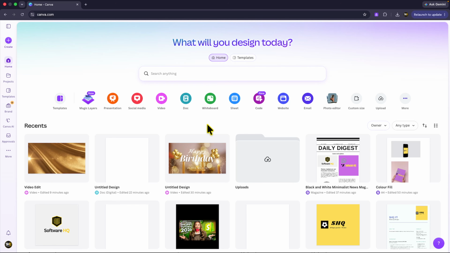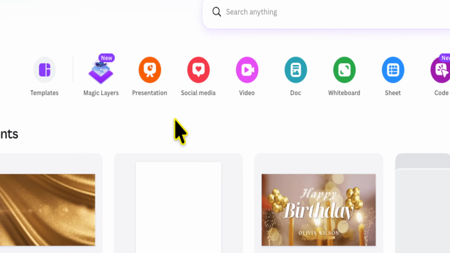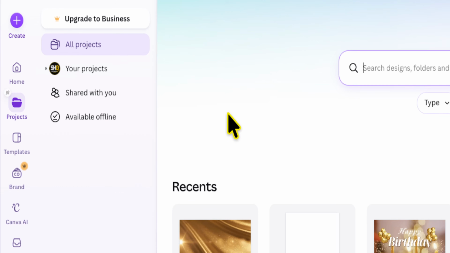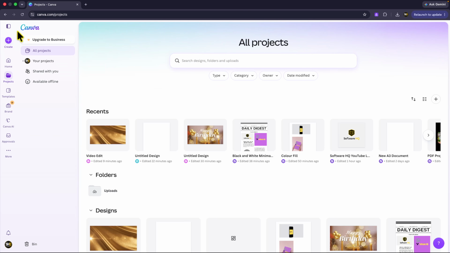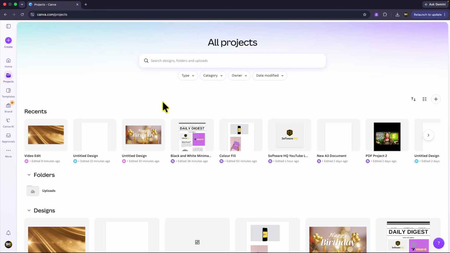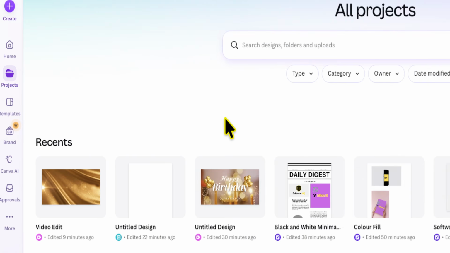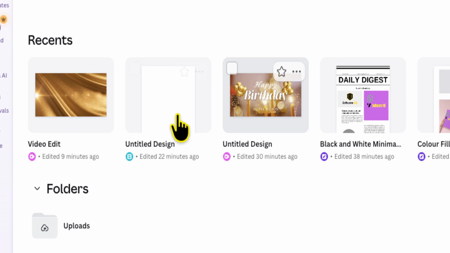Now, from wherever you are, the next thing you want to do is navigate over to the left-hand column of options and click on projects. When you do this, all of the current projects you're working on will be presented to you. So now you need to click on the video that you would like to